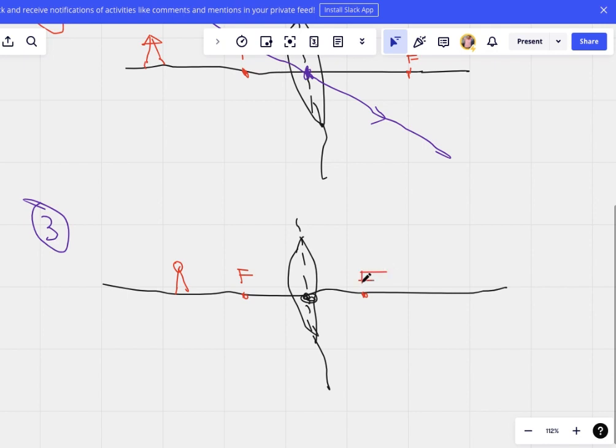Now the third rule says that any ray that is passing through the focal point